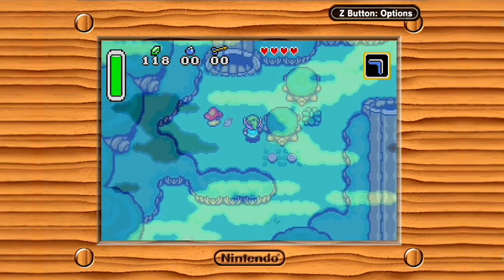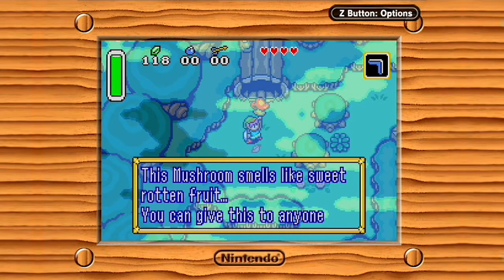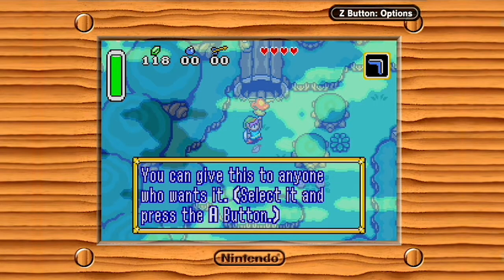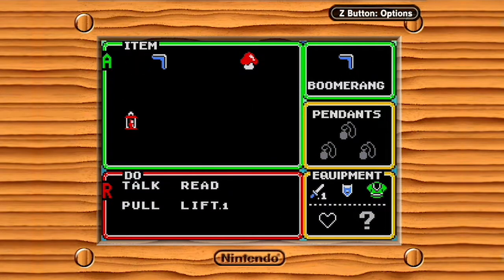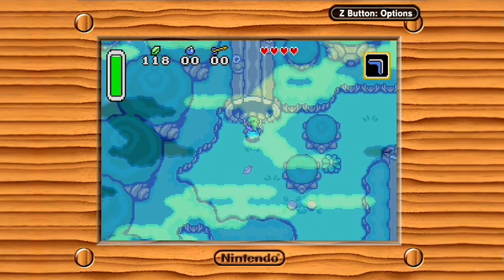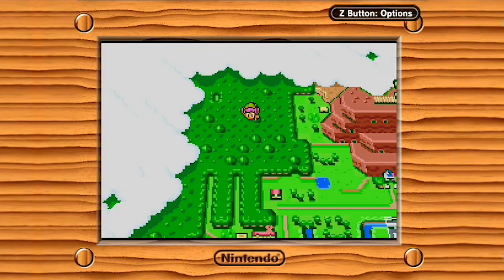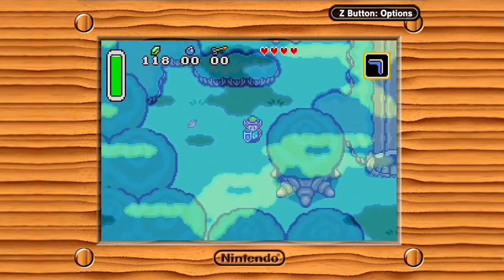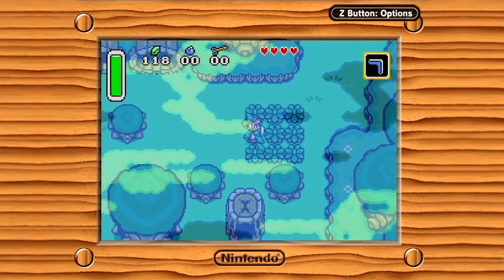However, that should mean that it is musky enough for mushrooms to grow. This mushroom smells like sweet rotten fruit. Give this to anyone who wants it. Can't use it, but hey, got a mushroom. It won't make us big, will it? We're right in the middle of the forest. Fun fact, there's not actually anything up ahead for us right now, so I'm not actually going to go that far in. In fact, we're now going to start making our way back to